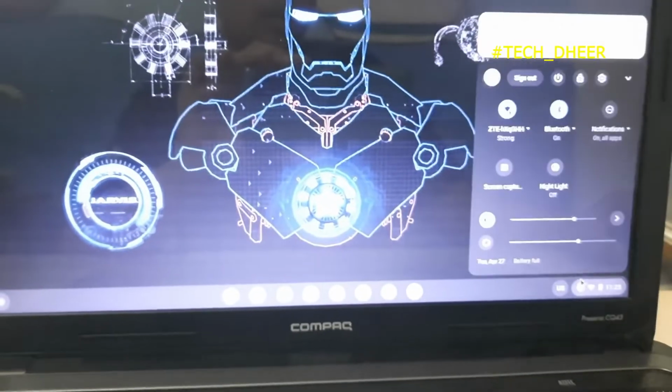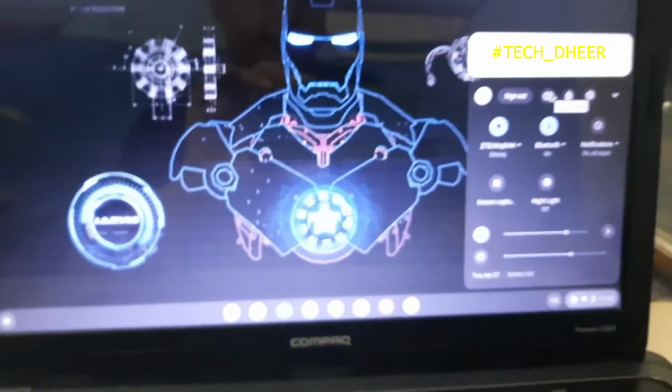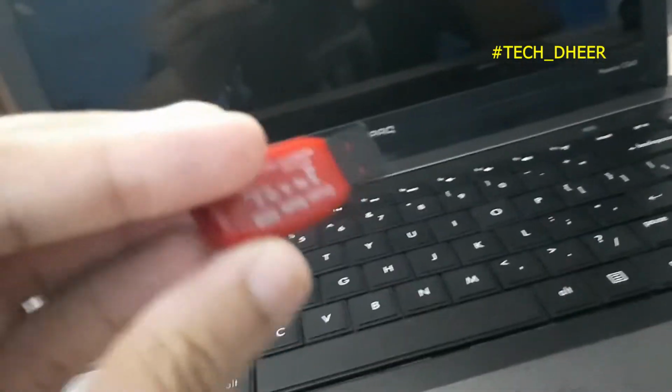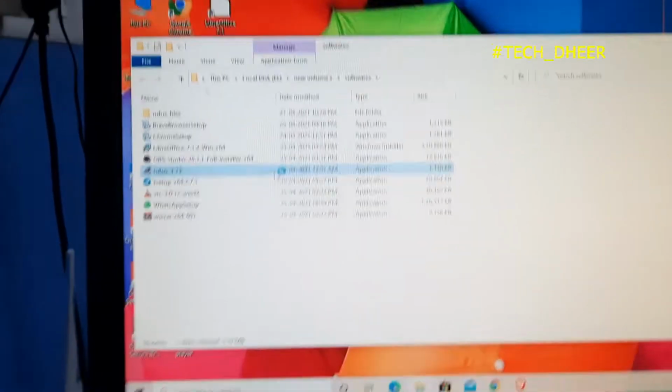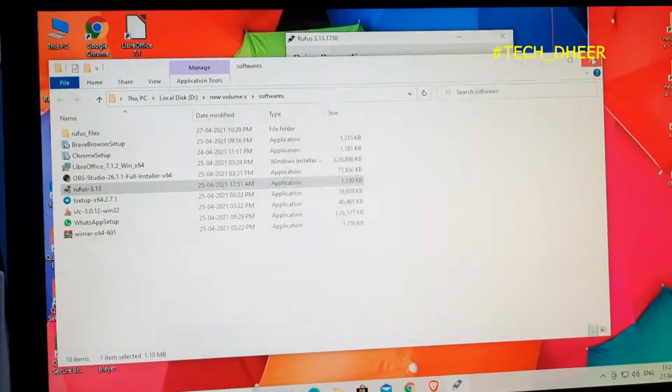I'll just power off and show you the specs, and then the final thing left is to create this pen drive, which I have out over here, back to normal. So till this powers off, I will just come back here, click on the softwares, click on this Rufus again, yes, and close this.